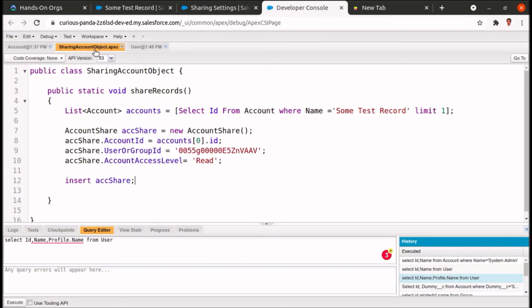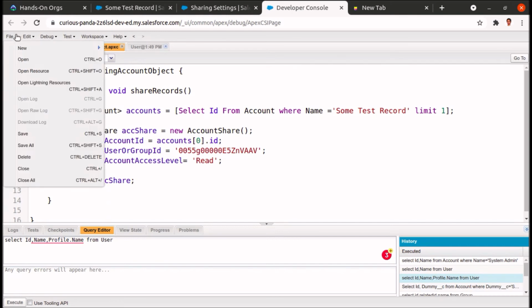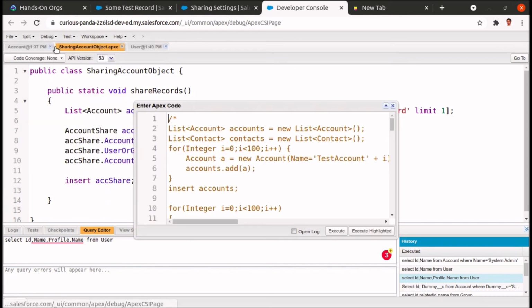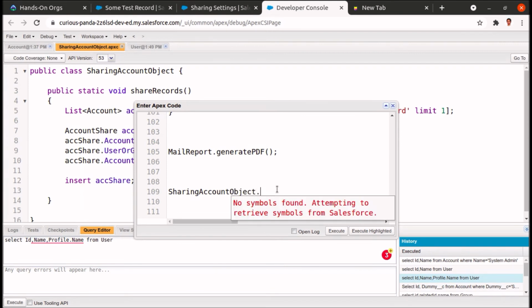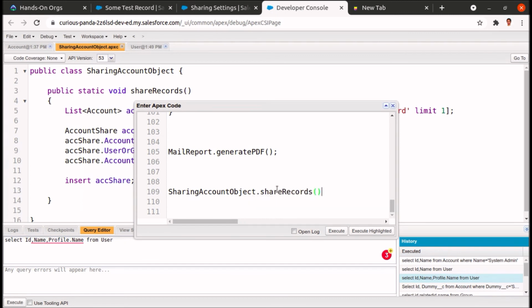So let's execute this, and the name of the file is SharingAccountObject.shareRecords; and let's execute it, and I hope it will work.